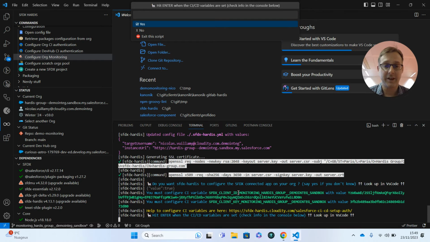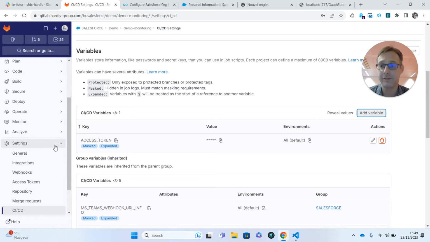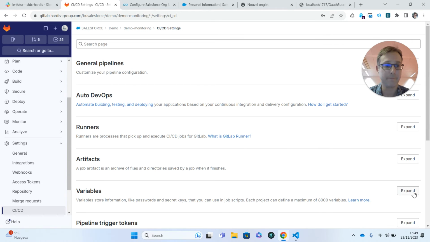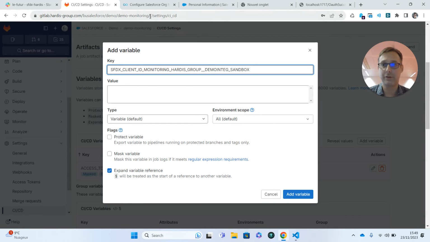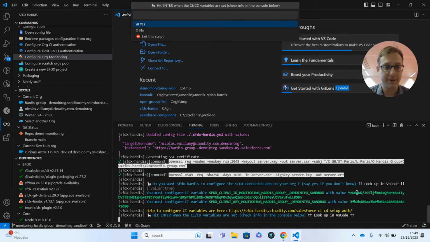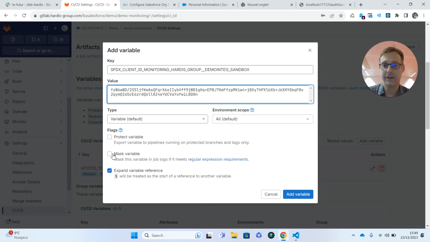So it says I have to create variables. So I double click on the name of the variable and I right click so it copies the value, and I go back to CI/CD variables and I will add the two variables. So I have a first one with a first value. Again, I mask it.